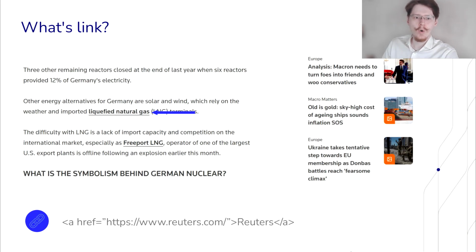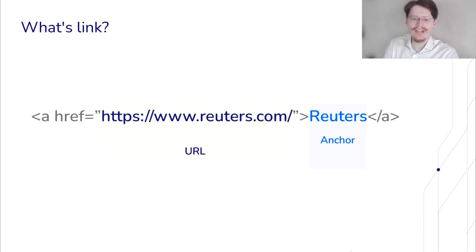We already saw what a link is, but we need to stay up here and see that a link consists of a URL and anchor text. The anchor text is right here on the right side. It is something that you can customize, so your link will appear differently. And sometimes you need to do anchorless links, so it will be diverse and more natural for Google.